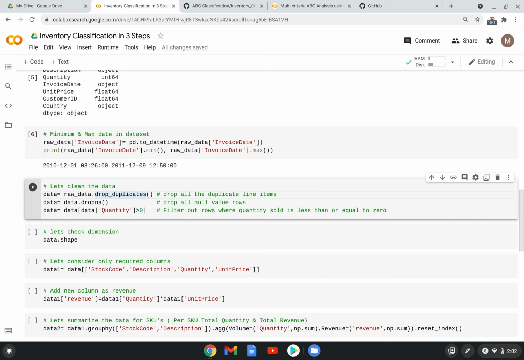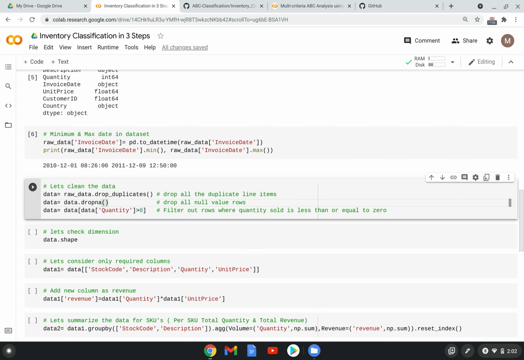So let's clean this data a bit, because there might be some duplicates, some null values, and some transactions where the quantity is less than or equal to 0. We need to remove all those, because it's actual transaction data uploaded to Kaggle, so it is not cleaned already.